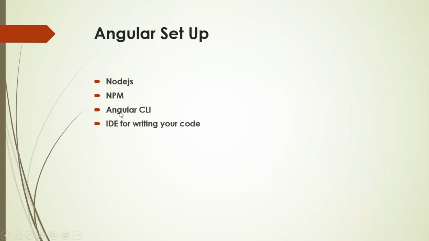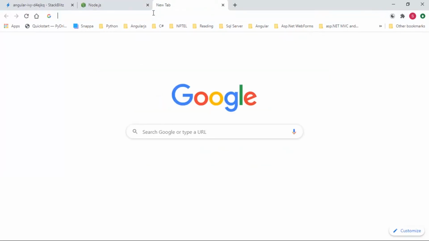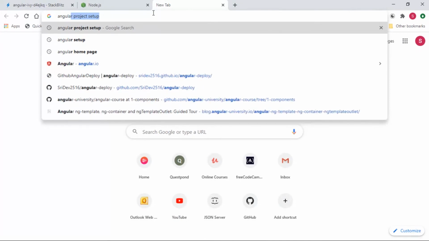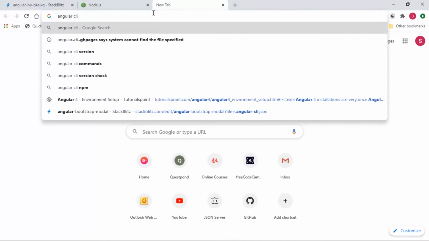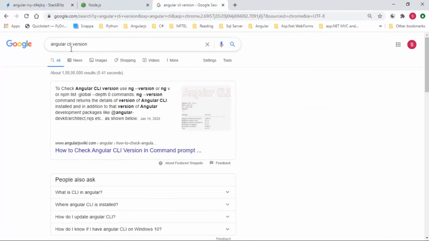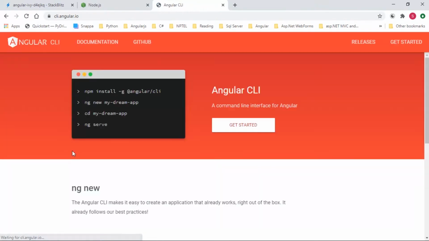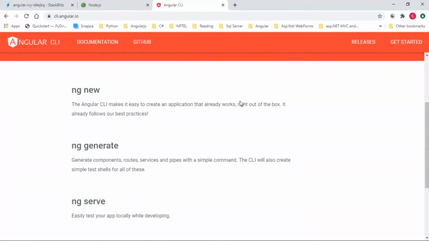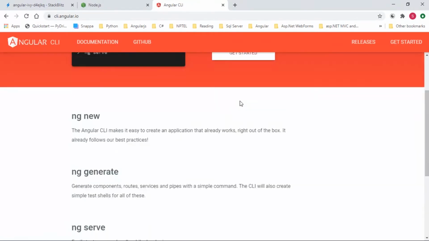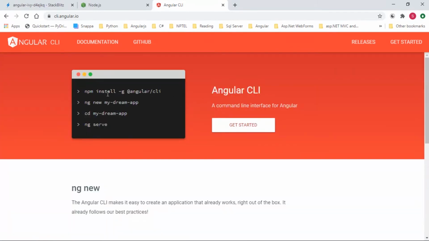Then we will need Angular CLI, and for installing it, let me go to the website of Angular CLI. This is the official page, and you can see the command npm install angular cli.